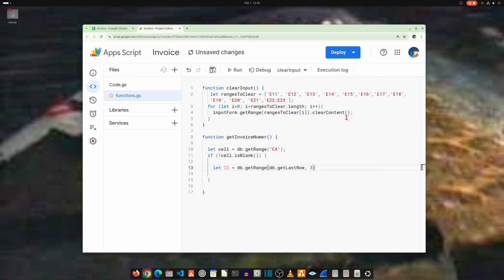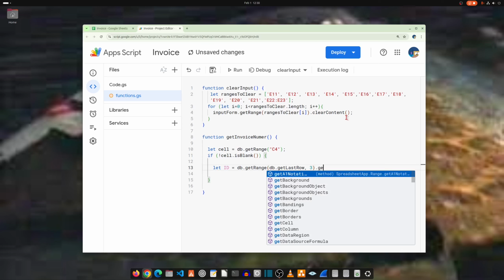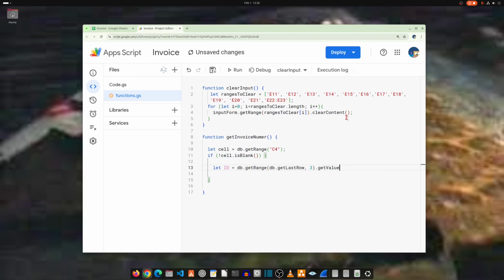What do we want to do there? Well, we want to get the value that's in that row, column C. Since we're getting a single value, we want getValue and not getValues. So I'll take the first one there, and since it's a function, add the parentheses. Let's do that. Now, what do we want to do with that? We want to add